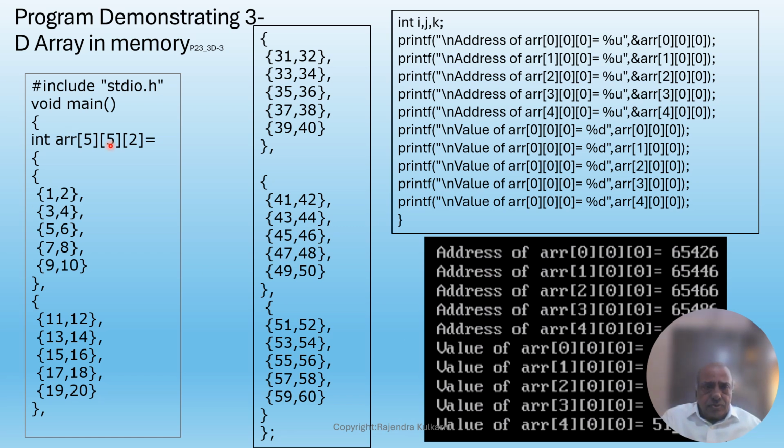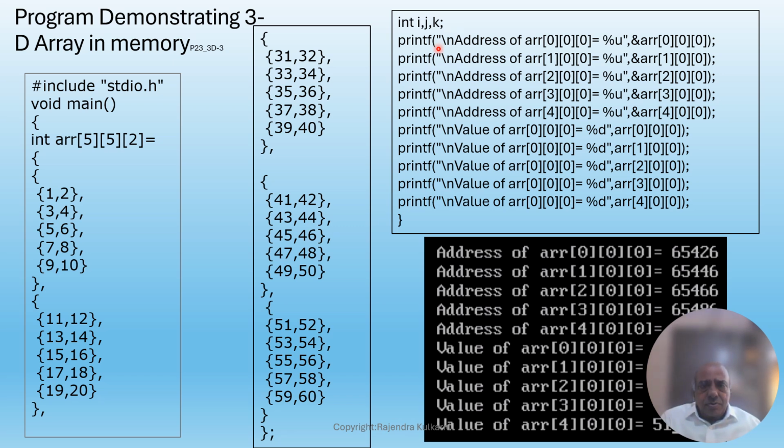There are 5 2D arrays. This is 1, 2, 3, 4 and 5 2D arrays. Each 2D array has 5 1D arrays as its elements. So this is 1, 2, 3, 4, 5 1D arrays as its elements, and each 1D array has 2 elements. So 1, 2 are the 2 elements of the 1D array. Then we have declared 3 int variables i, j and k,